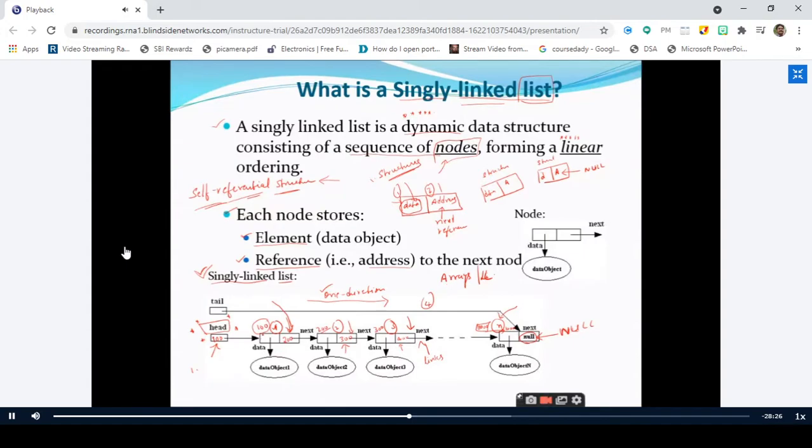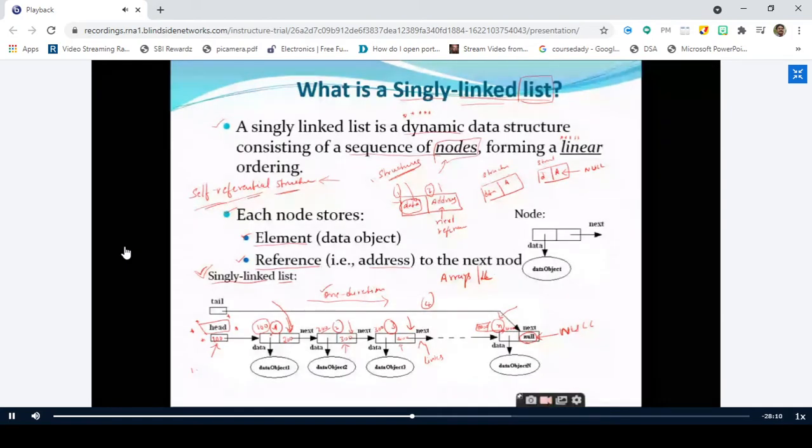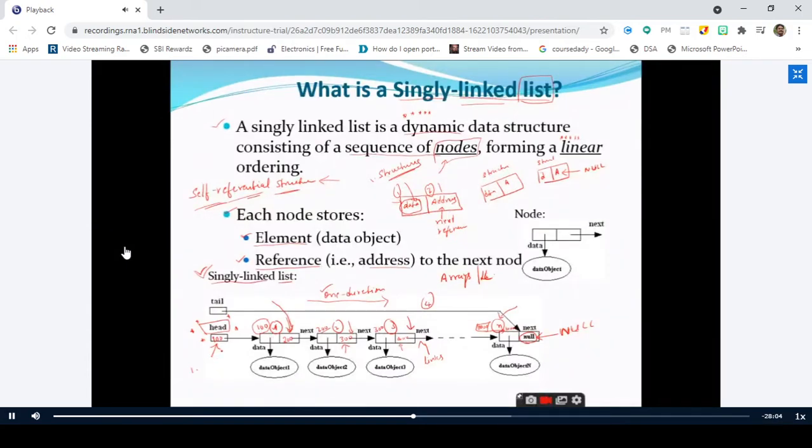But for the time being, please remember that any operation you perform on the linked list should always start from which location? First location. It should always start with the first node only. And where do you get the address of the first node? From the head pointer. Therefore, it's very important that you never change the value of the head pointer.